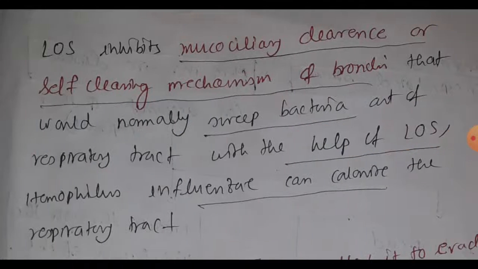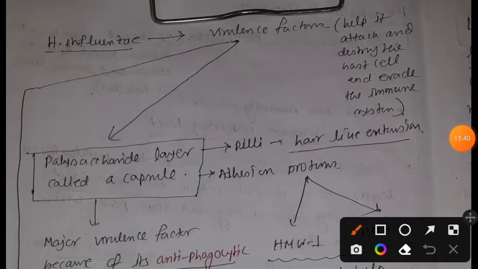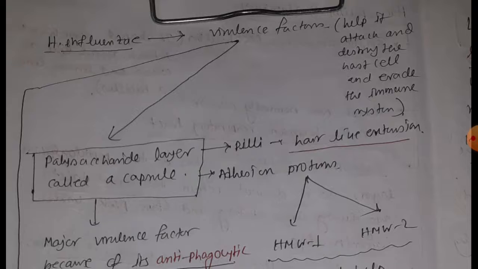Here we have also discussed the virulence factors. The first and most important virulence factor is the polysaccharide layer called the capsule. This capsule has antiphagocytic activity and protects the bacteria from phagocytosis. Attachment to the epithelial cells of the airways is done with the help of pili and also the adhesion molecules called HMW1 and HMW2. There is also the presence of IgA protease, which destroys IgA, and also the LOS, that is